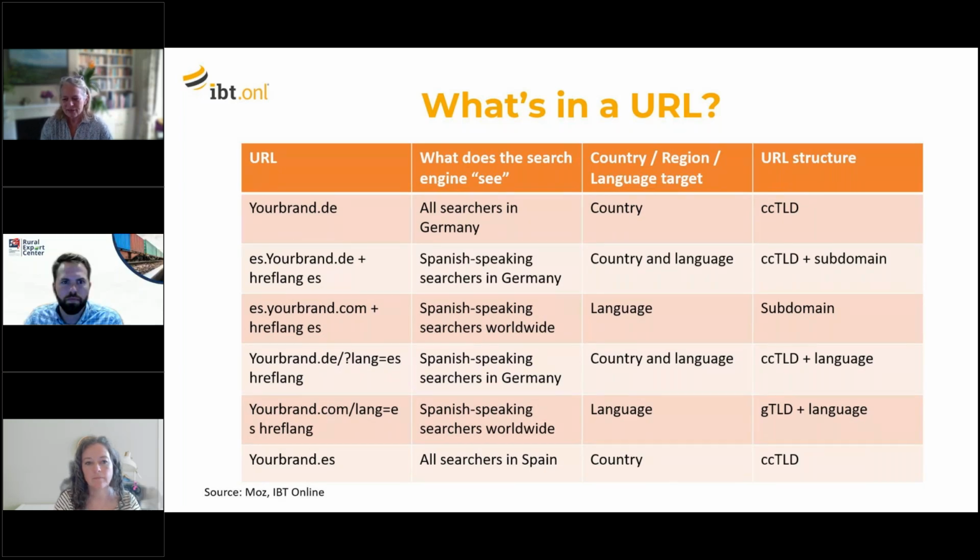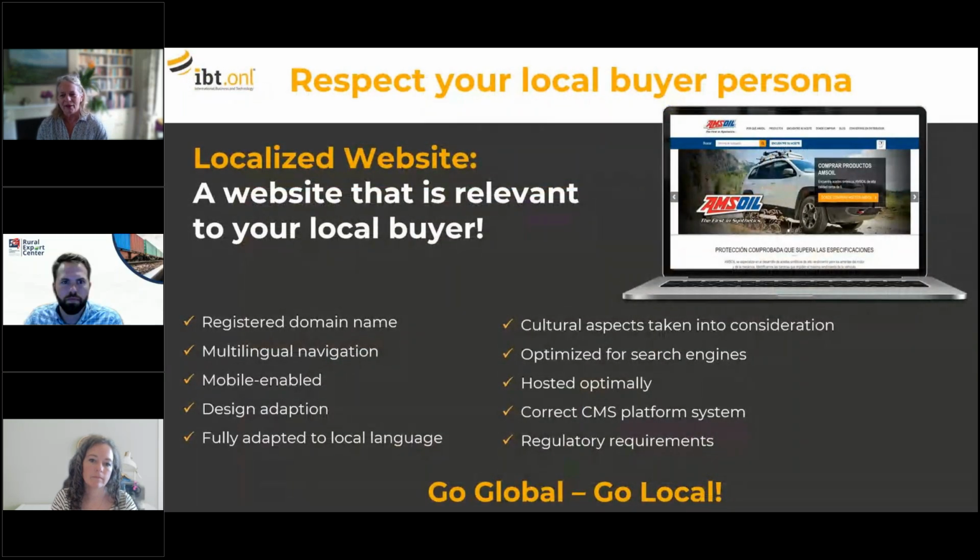In this next slide, from our point of view, what we really want to give you as a takeaway is to make sure that you're respecting your local buyer persona. I've listed 10 criteria of what we regard as localization for making a website international. Language is one, but hosting, the type of CMS you're using, the regulatory environments, the optimization for the search engine, all of those are seriously important and add to that localization